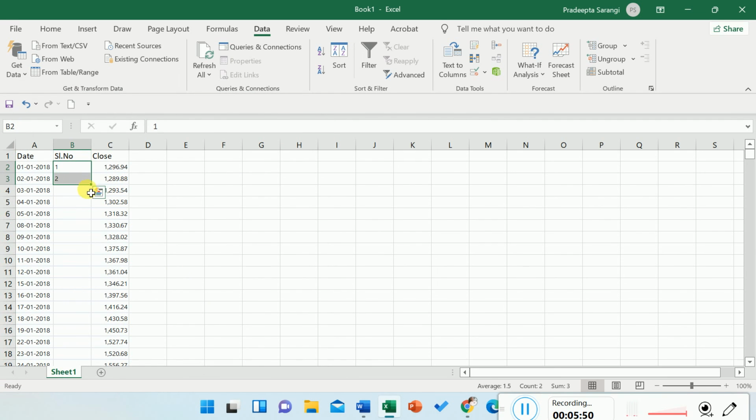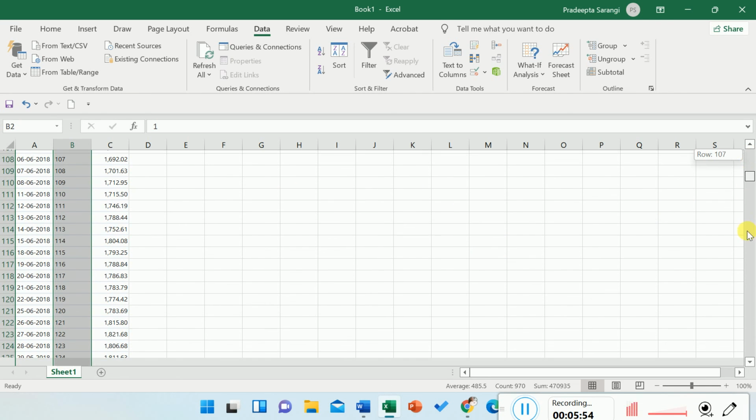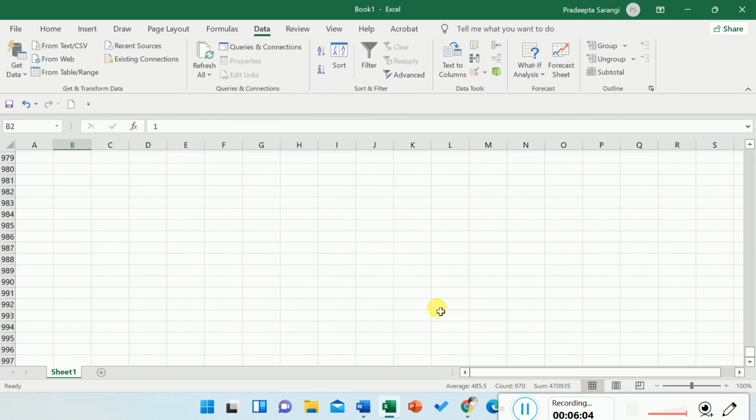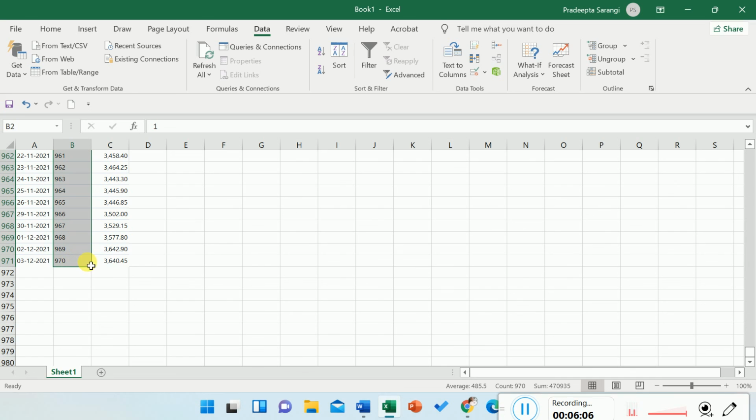So then I will take this. In this way we are getting total 970 data. You can see here. Total value 970.